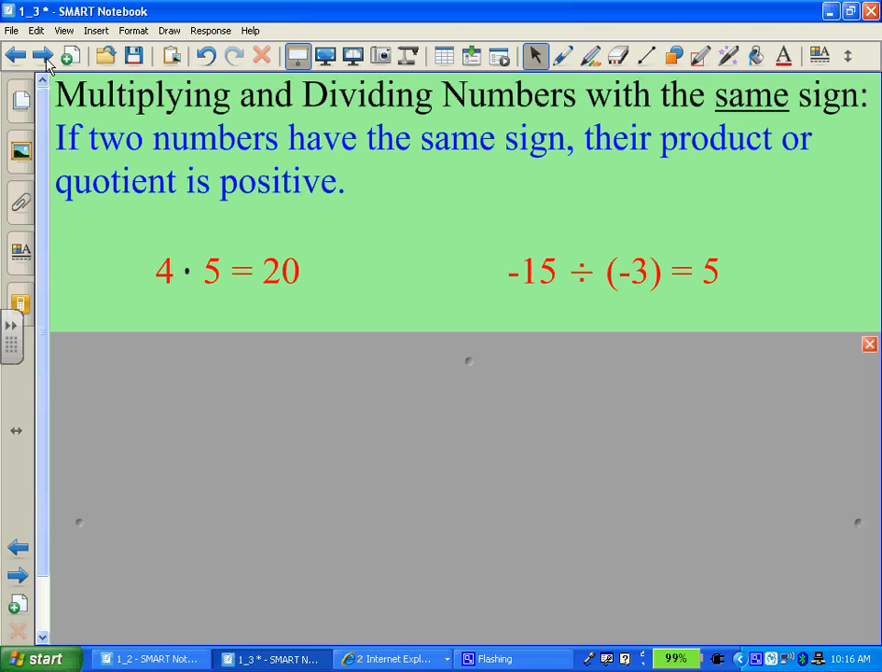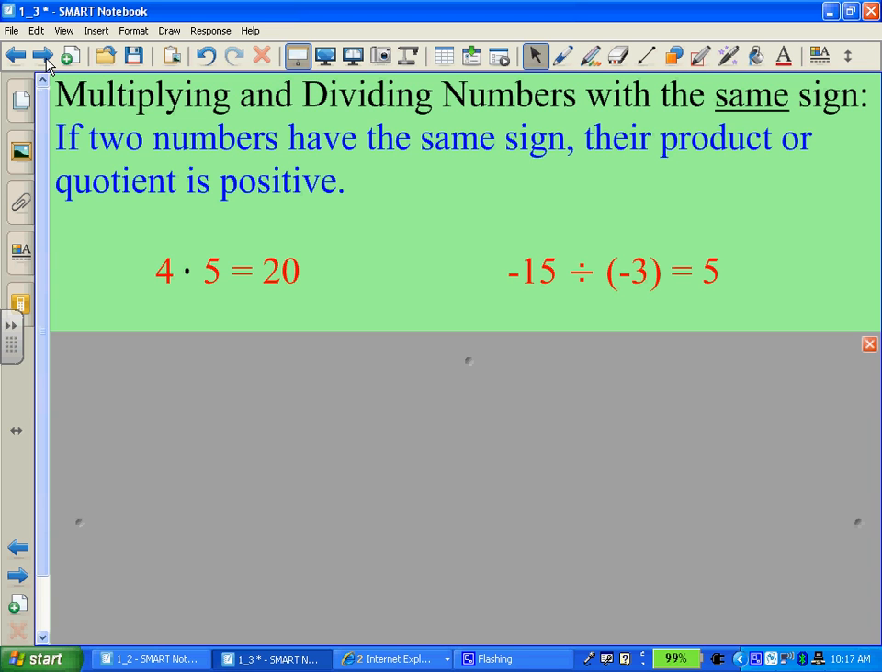So again, we're going to have some rules for how to multiply and divide numbers, just like we had rules with adding and subtracting. Now, it does get a little confusing here because you have to remember that your adding and subtracting rules are different than your multiplying and dividing rules. Okay, so if you can create two different boxes in your mind, one for your adding and subtracting rules that we worked on yesterday, one for your multiplying and dividing rules, because they're different,